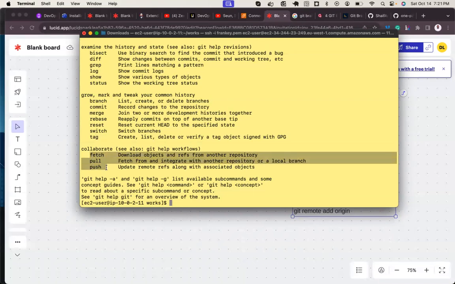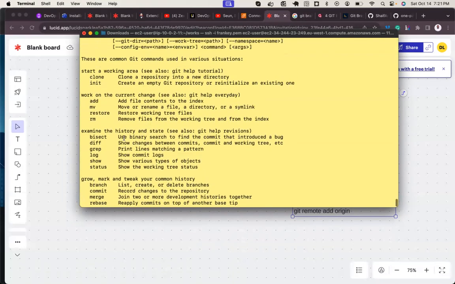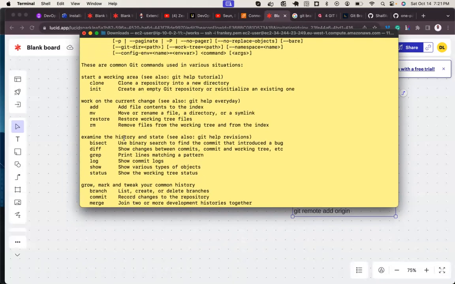So these are for collaboration. Git pull, we're going to see git pull and git push tomorrow. Then let me go to the top. We saw git add. You can always remove a file from working tree and from the index.